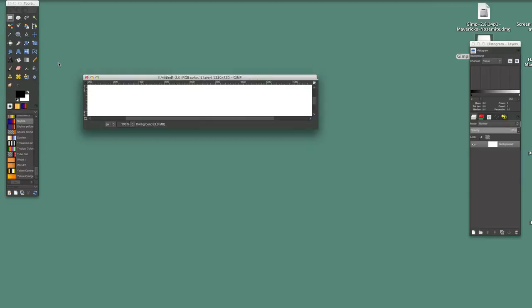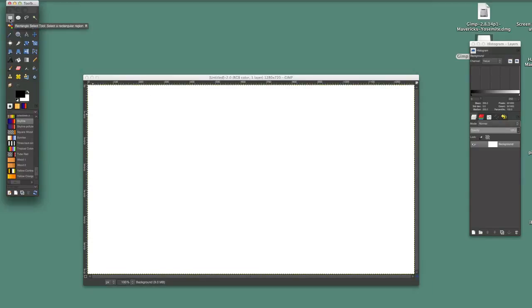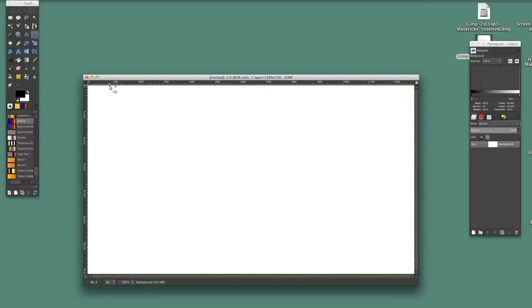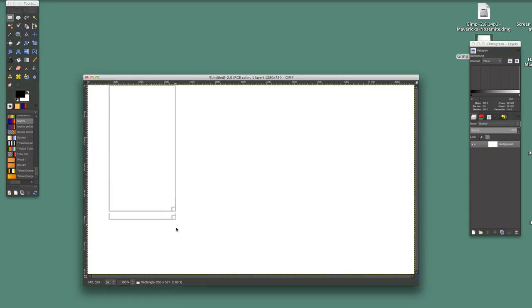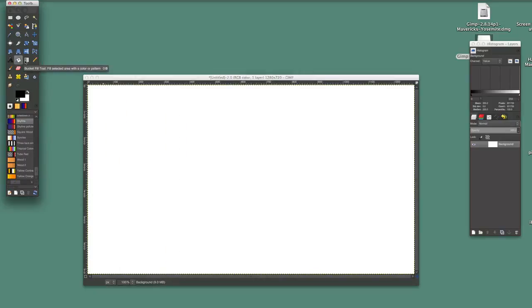1280, 720. Okay. Now, same thing. Up here's your rectangle tool. I'll show you where some of these are. What you'll have to do is just go over these and hold your mouse on them, select them to see what they are until you learn what they are. But top left corner is the rectangle tool. You just use it the same way primarily, just like Photoshop. So when you choose that, I'm going to choose really broad,